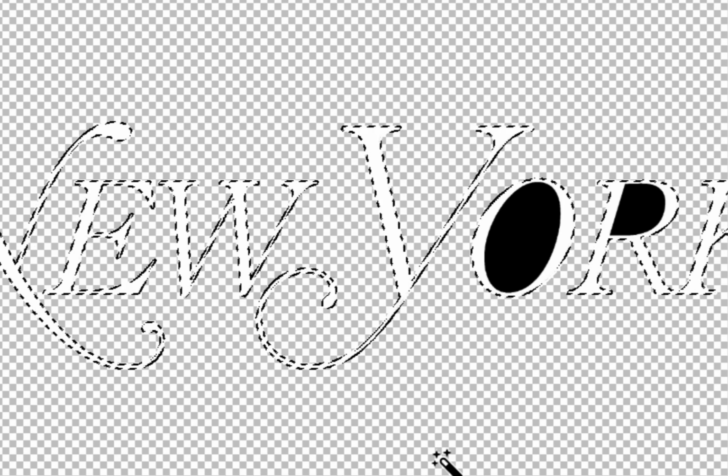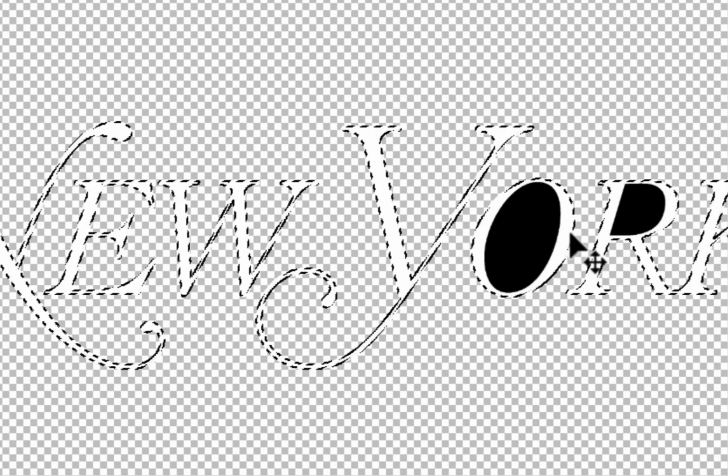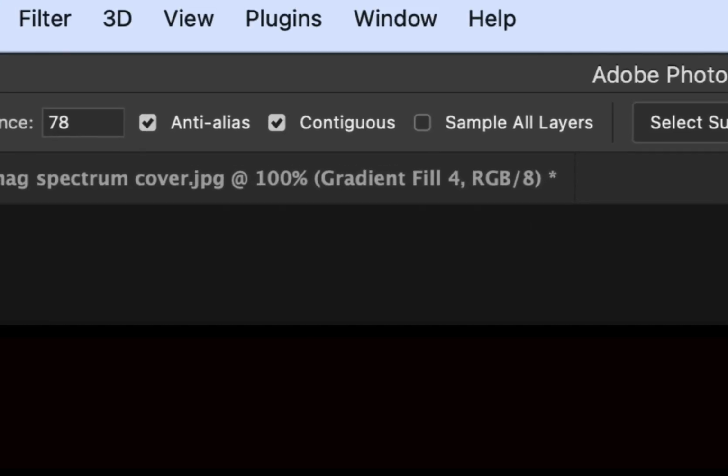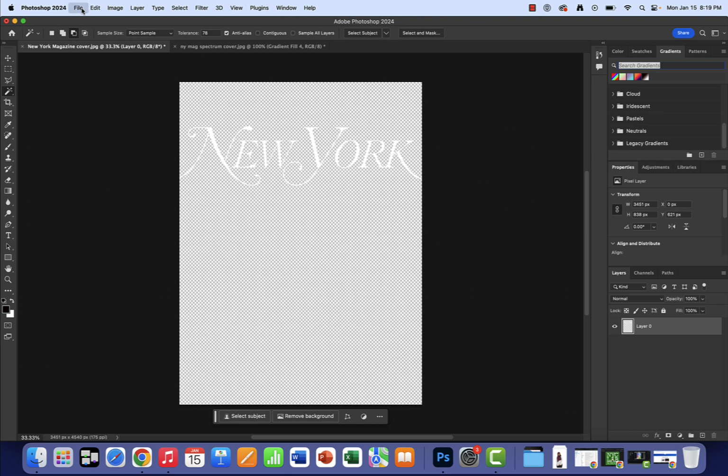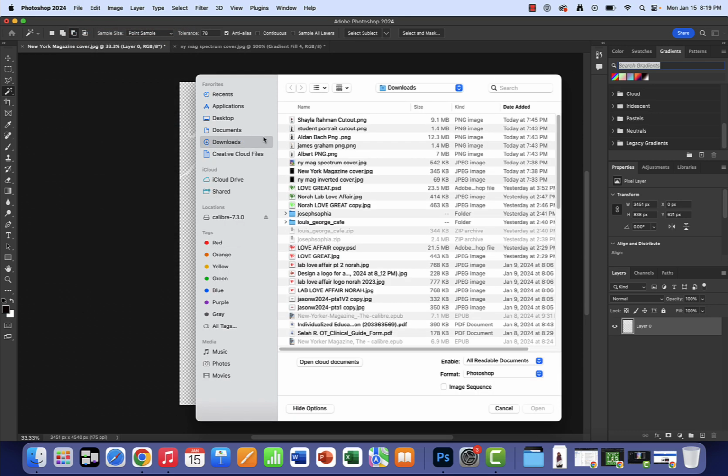I'm going to click and press delete, and then you'll notice that the black on the inside of the O and the R is not selected. So what I'm going to do is deselect, make sure that it's unchecked. I'm going to click once, press delete, Command D. Beautiful. All right. What we're going to need to do now is add some students